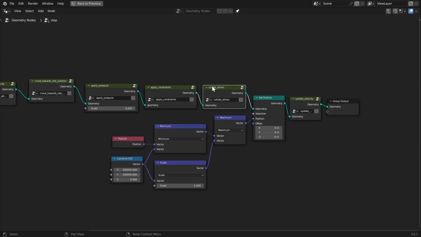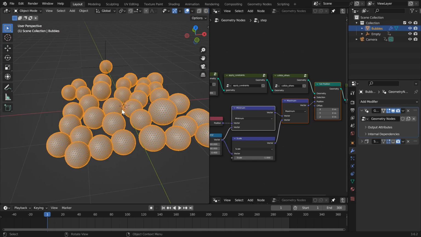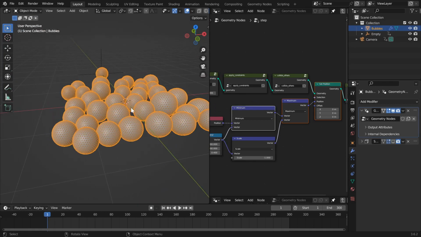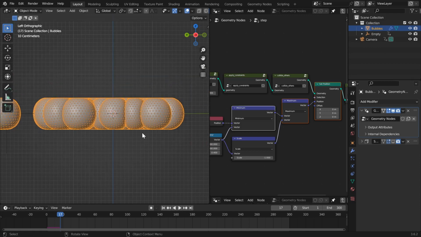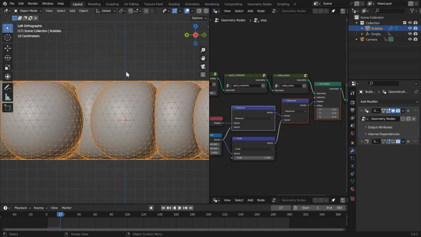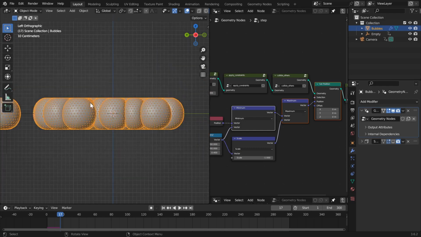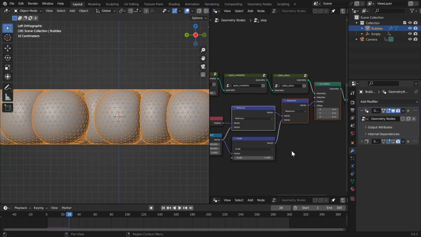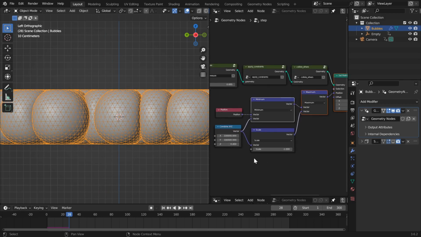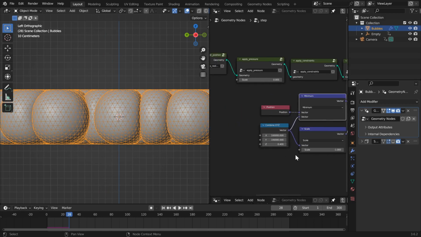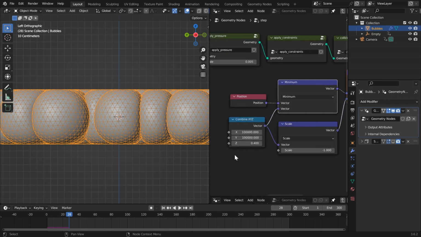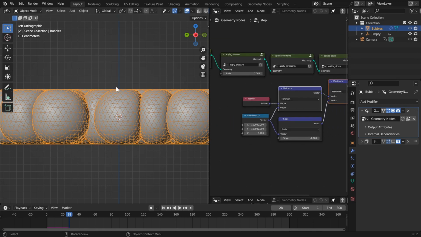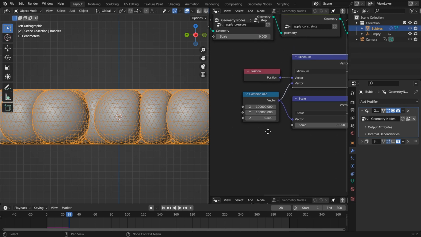Right after we collide with all the other bubbles, we have this series of nodes, which again could be put into a node group, and this is constraining the bubbles between some, you can think of them as like vertical glass plates or something. So you can see how the bubbles don't expand as much as they could in both the top and bottom directions, and that's because we just have a condition that sets them between 0.4 and -0.4